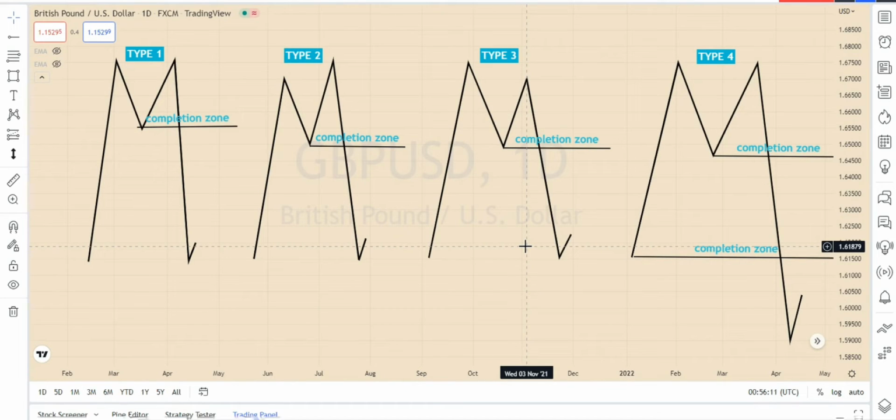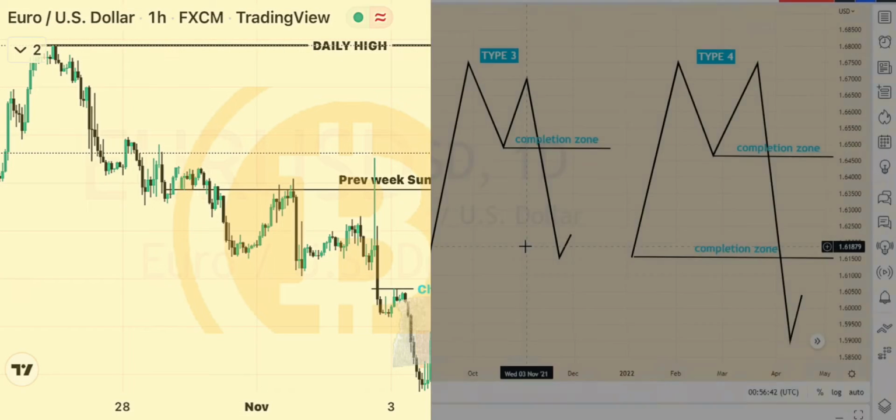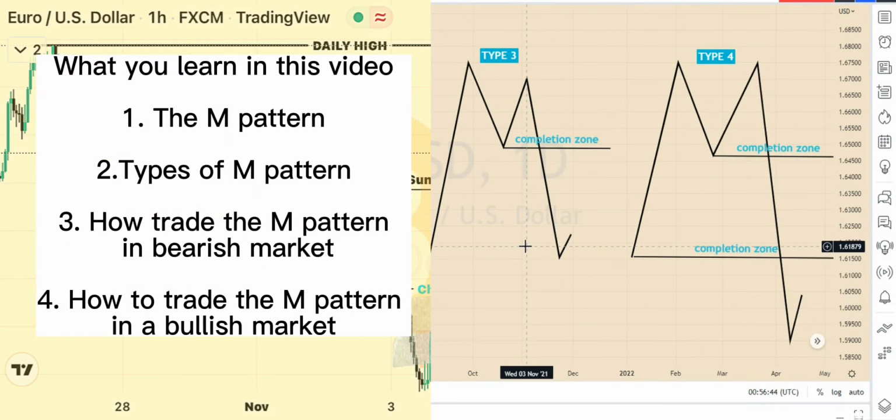Today we are diving deep into market structure and we'll be studying one particular pattern, and that is the M pattern. The M pattern is a well-known trading pattern, but it is very underrated, though it has a very strong completion rate. This particular pattern is one of my strategies that I use to trade. I am going to show you how I trade the M pattern